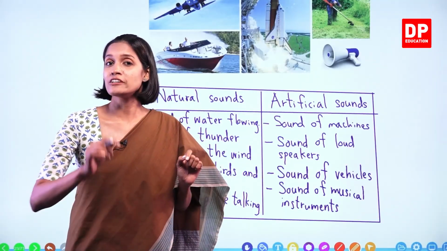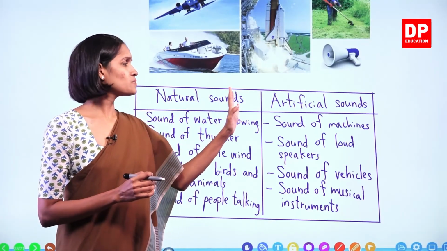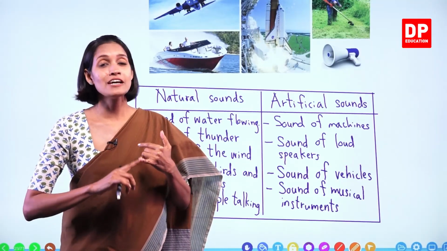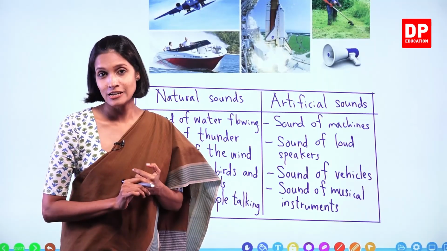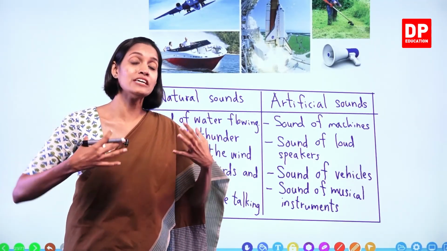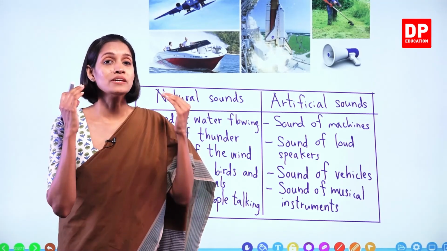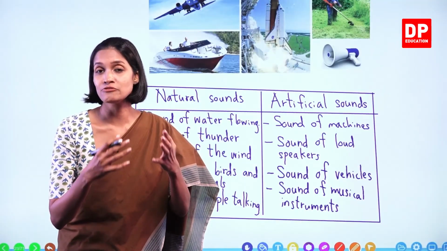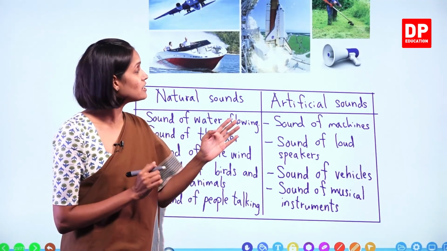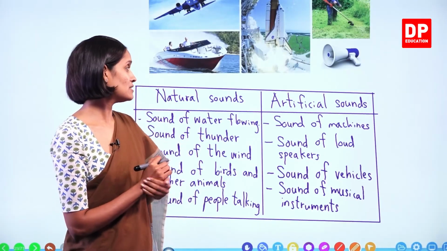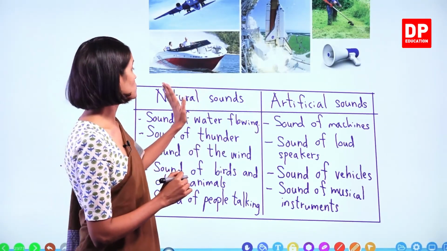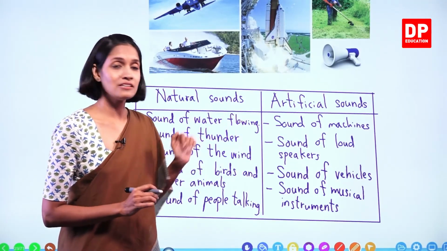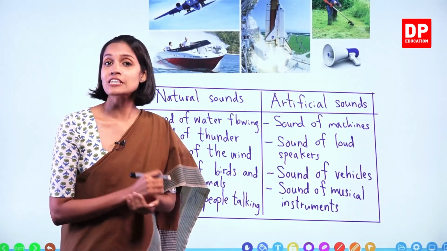Now we have completed the first part of this lesson. So under this part, do you remember what we learned? We learned how sound is produced. There we learned that sound is produced by vibrating something, right? And then we learned how we can hear sounds. There we learned that we can hear sounds because of the ear, the organ that is sensitive to sound waves, okay? And finally, we learned diversity of sounds. There we learned there are two types of sounds, natural sounds and artificial sounds. Okay, children. So we have completed the first part. Now we will go to the second part of the lesson.